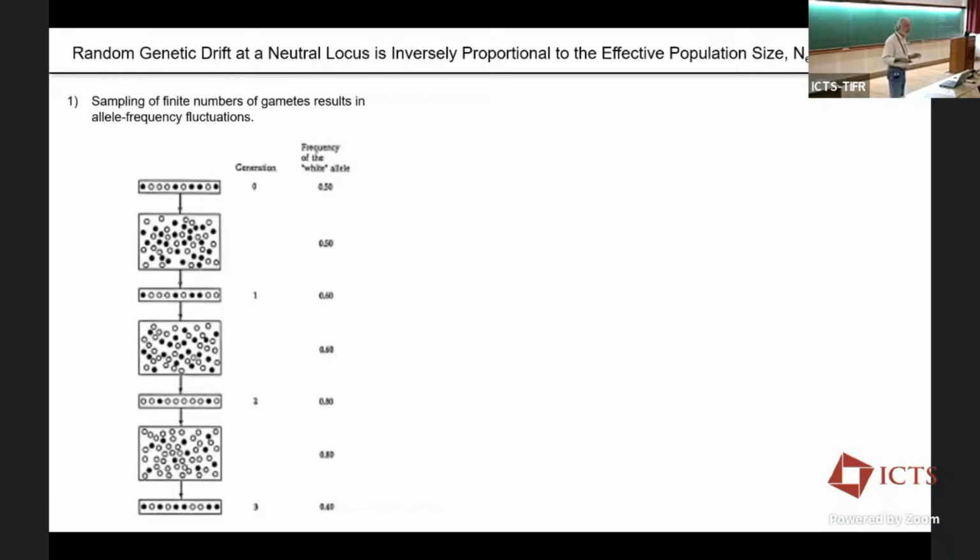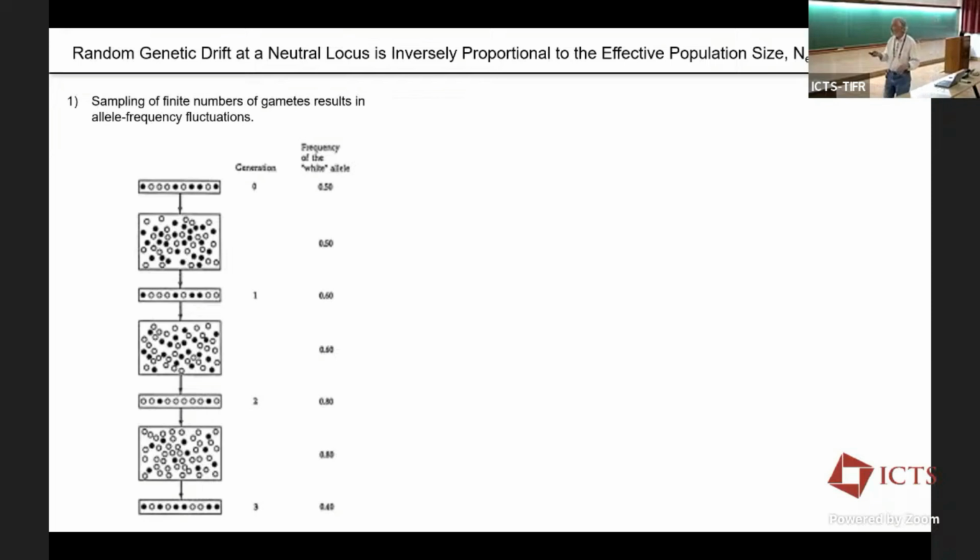So just to demystify this process of random genetic drift, and I guess I should apologize at the outset, I suppose there's physicists in the room, and I know that physicists use the word drift in very different ways than we use it in biology. I believe in many formulations in physics, drift is a directional term, and here we're using the word drift as purely a stochastic force of evolution.